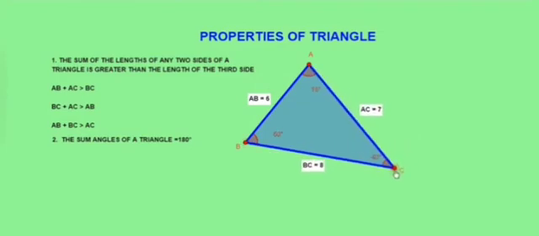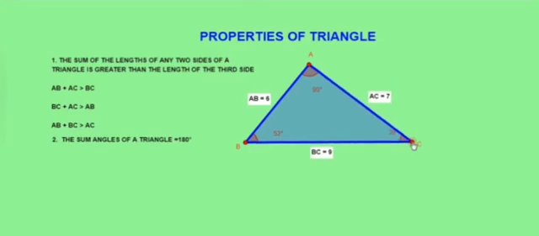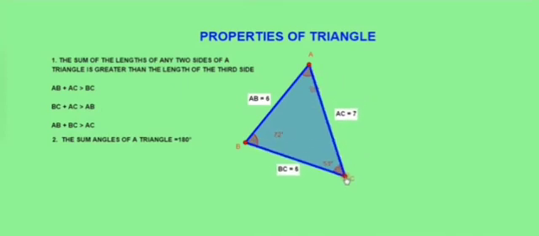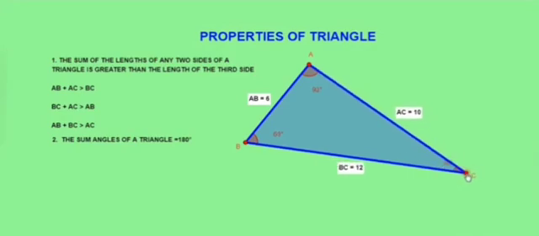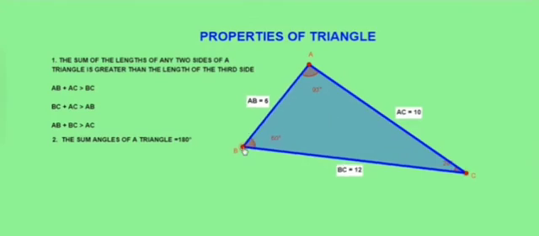Okay. Next you take another one. Okay. This is 92. Okay, this is 91. 91 plus 29. 91 plus 9 is 100. 100 plus 20, 120. 120 plus 60 is 180. So the sum of angles of a triangle is always equal to 180 degrees. This is the second property. Clear? Take your book and write.